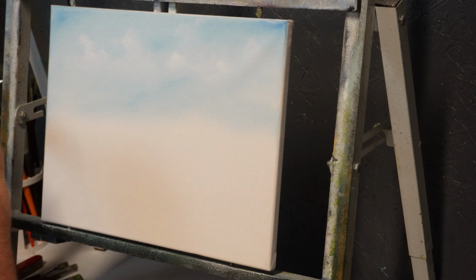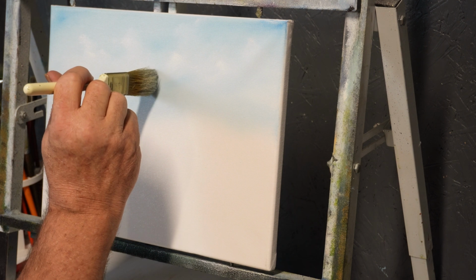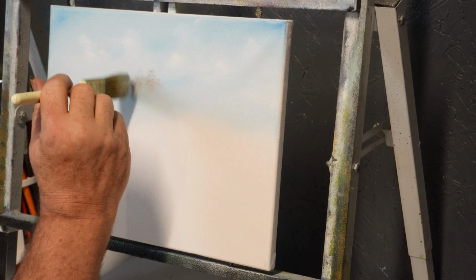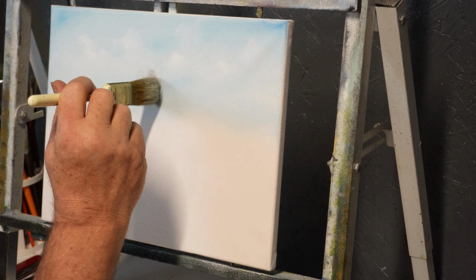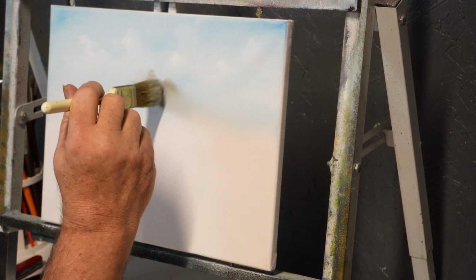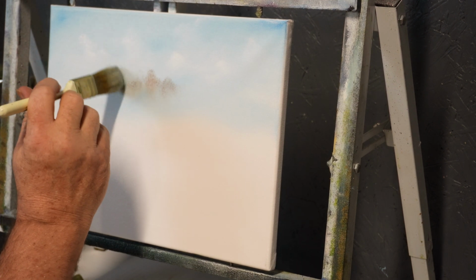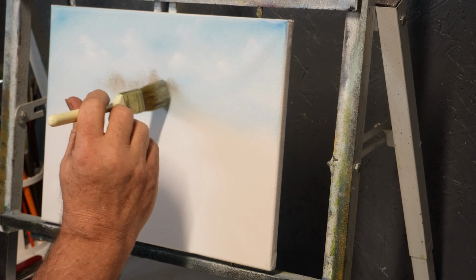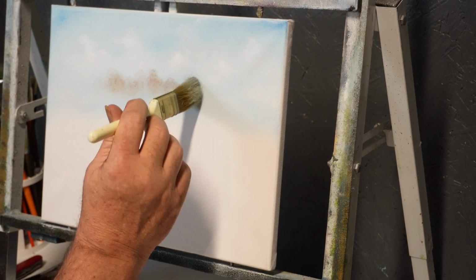And then we want to come right up here, and anywhere you want to start, I'm going to start about middle ways. And I'm going to come up here and just lightly tap across here. And you can see it's just barely showing up. And that's what we're looking for. We just want something that has some sort of tree shape way off in our distance back here. Just way back in the distance. And you just make one a little higher than another. We just don't want them all to be the same height. And you don't have to carry this all the way across if you don't want to,